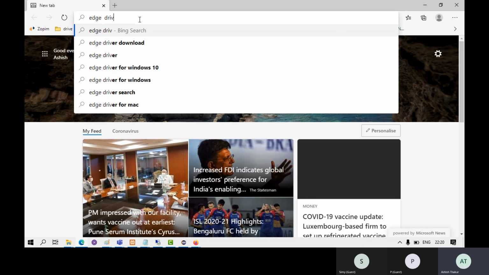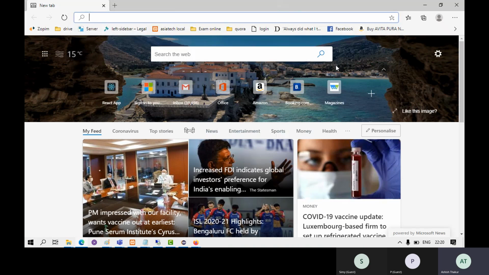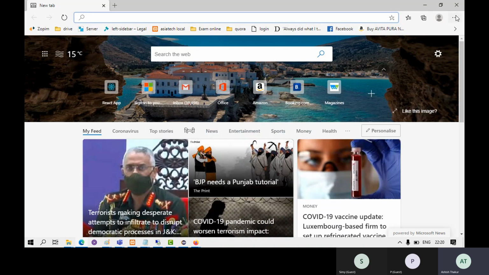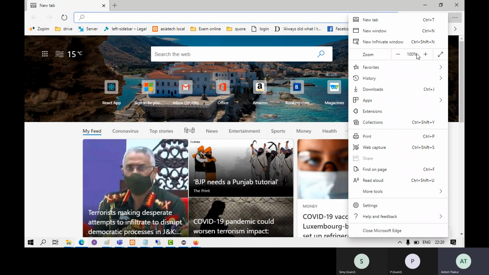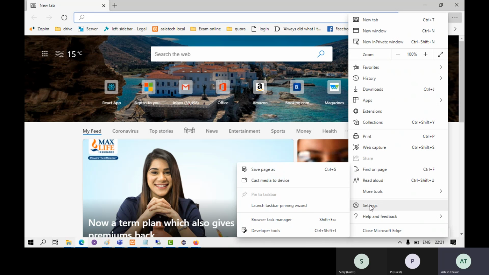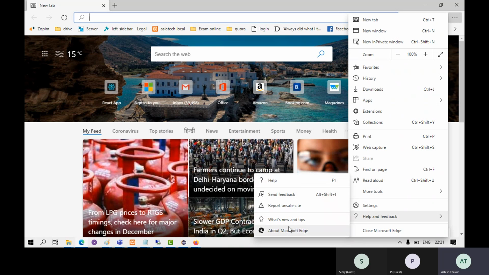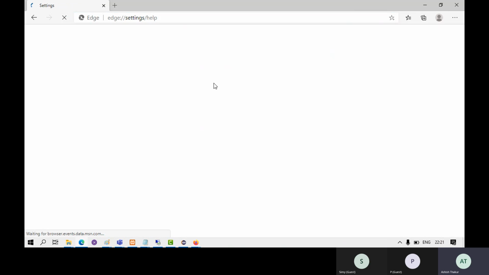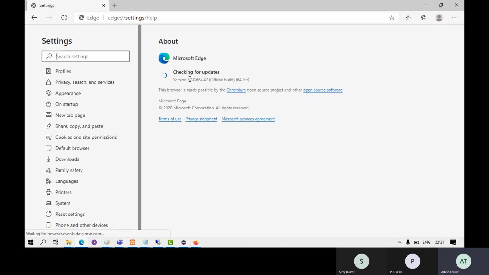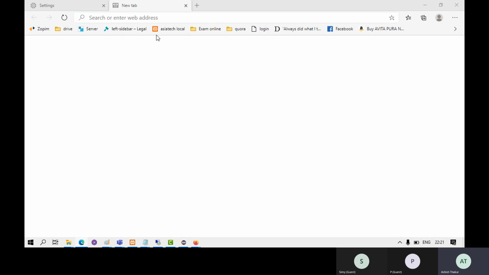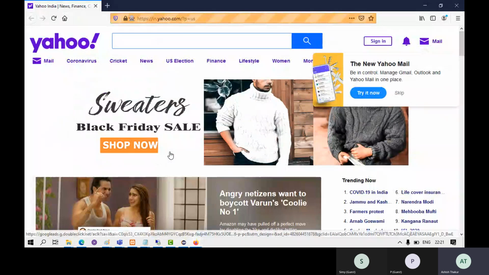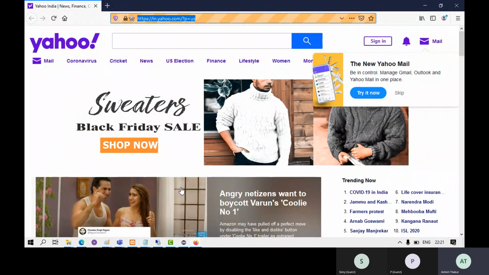Edge. Yeah. So if you go here, go to the help and feedback about Edge. You will notice the version. Mine is 87.0.664.47. And if you go to the official website, that is